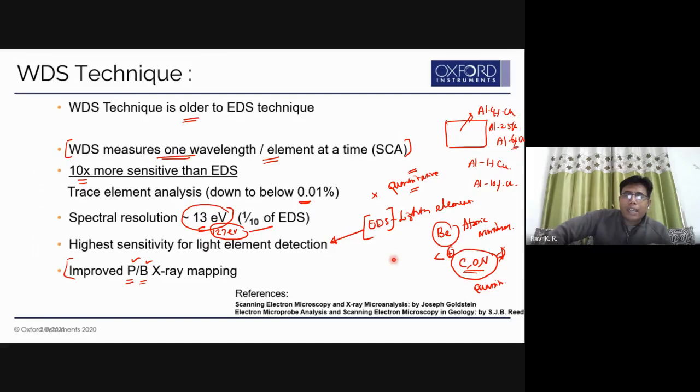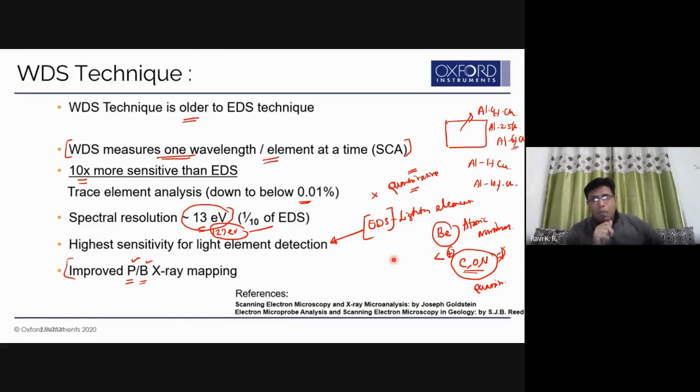You should not use this technique for quantification. But these techniques are reasonably good when you start going towards a higher atomic number. The reliability of both EDS and WDS will become better and better. Compared to EDS, WDS is much better. In both cases you are not going to get very good quantitative information. There are reasons for that, but WDS is much better. Electron probe microanalysis is reasonably better compared to these two.